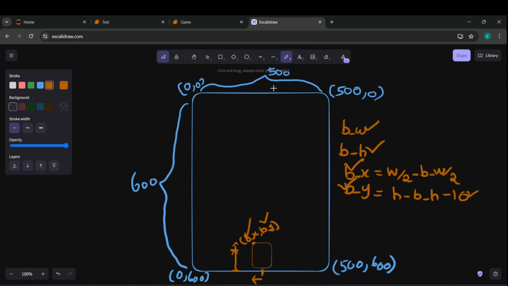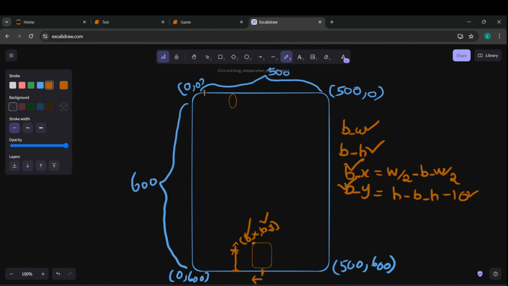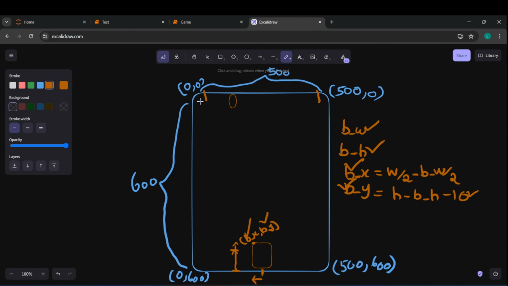The egg has to be dropped from the top from random positions. So I have given the y value as 0 so that the eggs start from the top, and I have given the x position of the egg a random number between 10 and width minus egg width minus 10. So what this random.randint will give is a random integer from 10 to width minus egg width minus 10. So let's assume this is 10, and we know that up to here is the width,